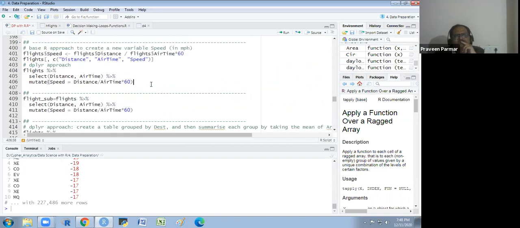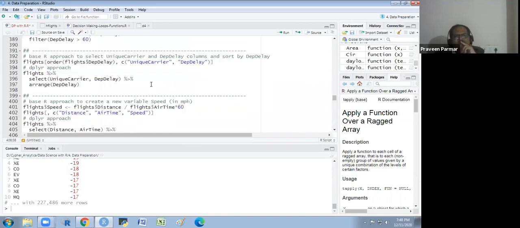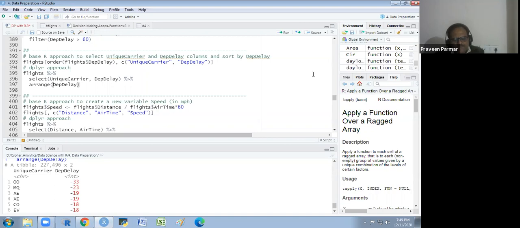Then we have some more thing what I want to explain. This is the arrange. And there is a descending function. If it is the ascending, because it came in the prior, now we could use the descending function. I think that this should be the function over there, descending.